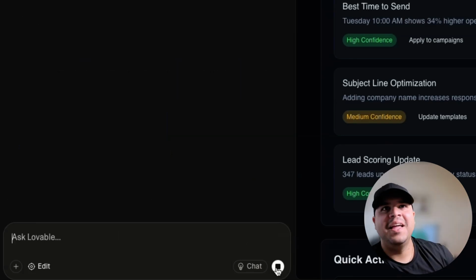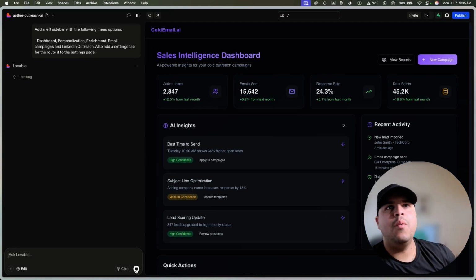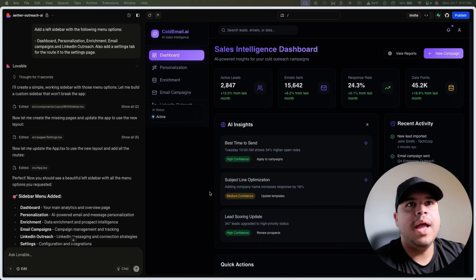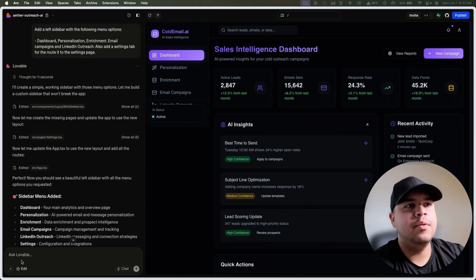So let's see whether or not we can get that left sidebar added here. So we will create a simple working sidebar. We will do one API integration because I want to make sure that you get the idea of what we're talking about. All right, we got that sidebar that we wanted, but it doesn't look right. So